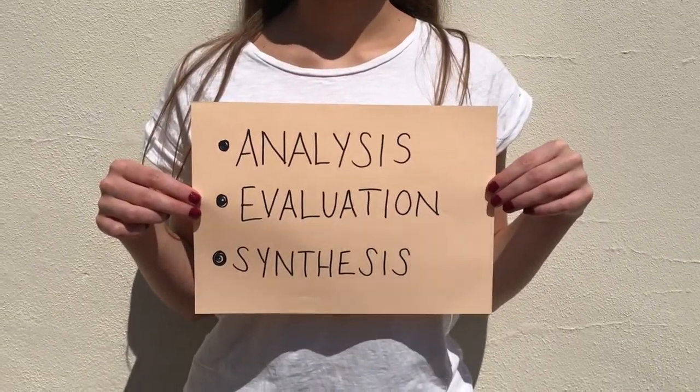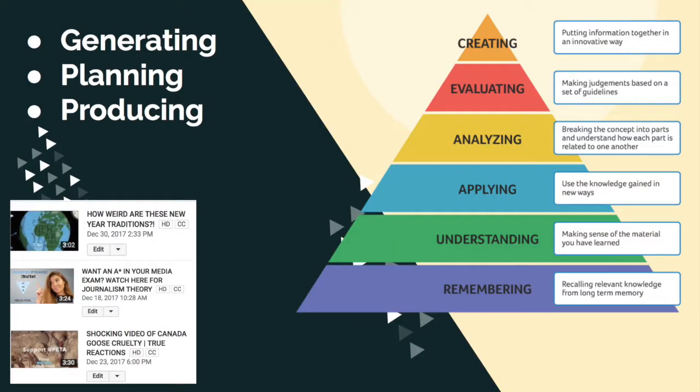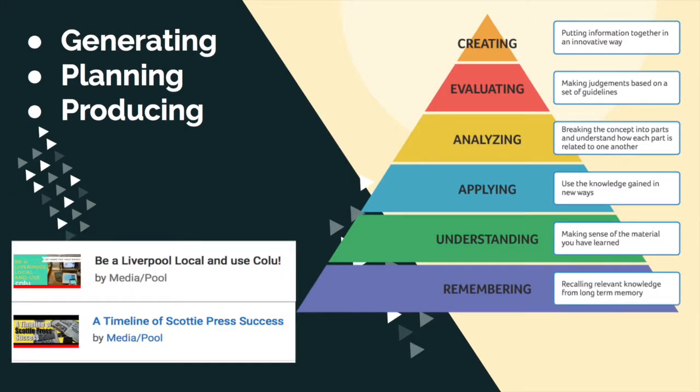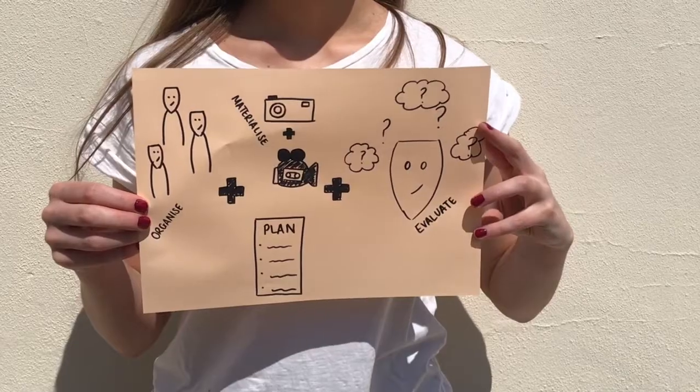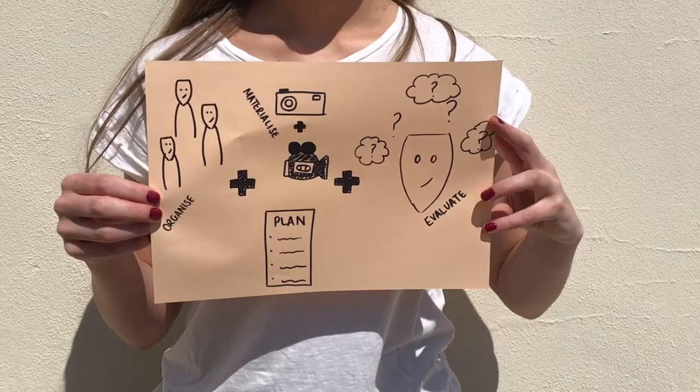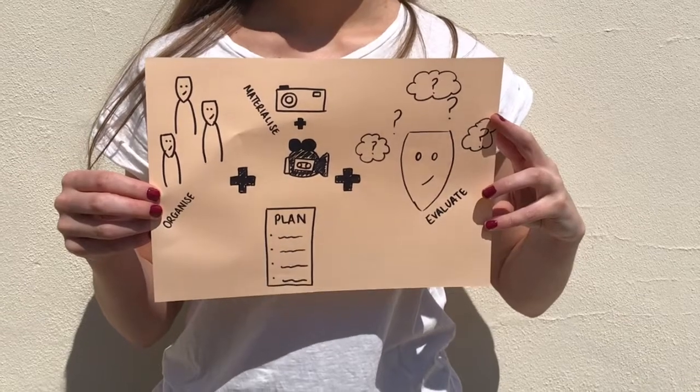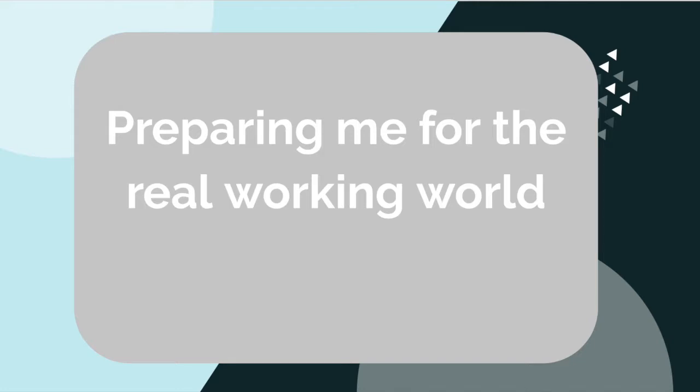Noted as evidence of higher order thinking, the process requires more cognitive learning processes, including analysis, evaluation, and synthesis. By creating portfolio videos in Semester 1 and materialising client briefs in Semester 2, this module has endeavoured to encourage our higher order thinking skills and judgmental and critical analysis. As such, my ability to organise, plan, materialise and evaluate my own work from a critical standpoint has successfully increased my creativity and personal development, further preparing me for the real working world.